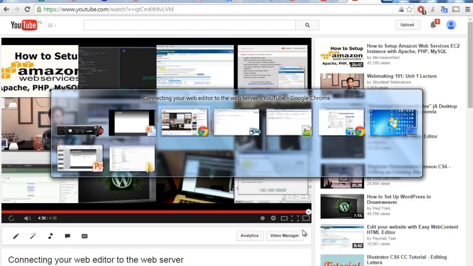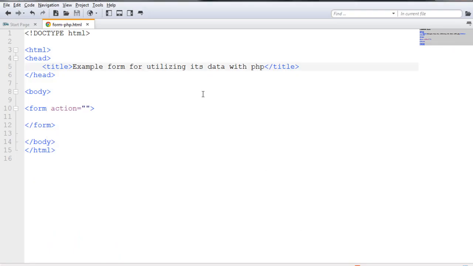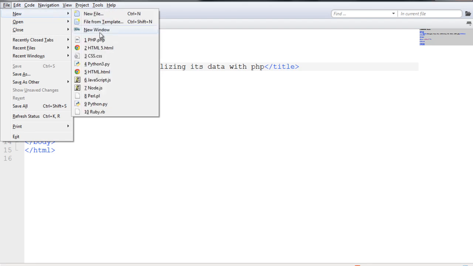Now let's go and code it. So I'm gonna move to my web editor, which is Komodo. The first thing, as you can see, I already started working on a very simple form for utilizing its data with PHP, and the first step is to create that PHP file. So here I'm gonna make the form in my HTML file. The HTML file is on my computer, and I'm gonna create a PHP file which I'm gonna save on the web server. As you can see in Komodo Edit,